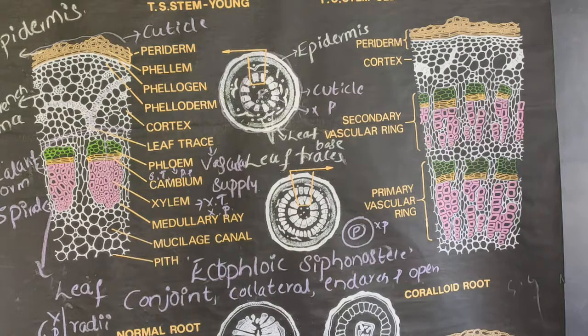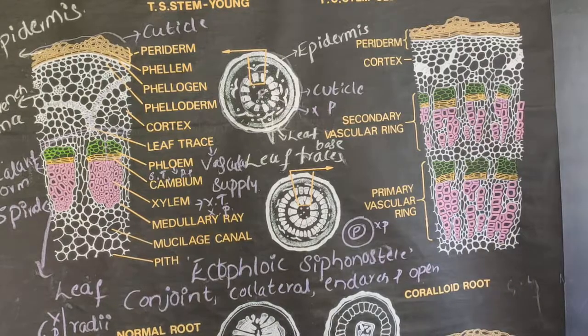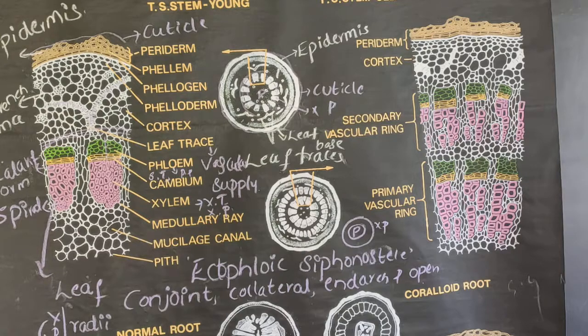So, next we will move on to the secondary growth in case of cycas. This secondary growth is nothing but the increase in the girth of the stem. During the secondary growth, the girth of the stem is increased because of the activity of a special type of cells known as cambial cells or the cambium. Because of the activity of this cambium, the girth of the stem is increased. This entire process is known as the secondary growth.